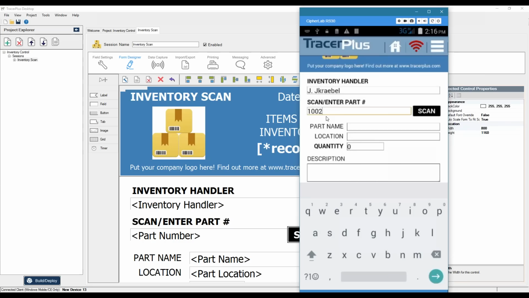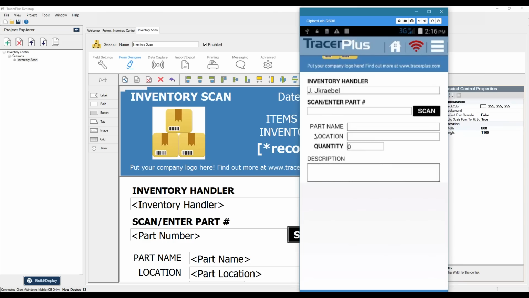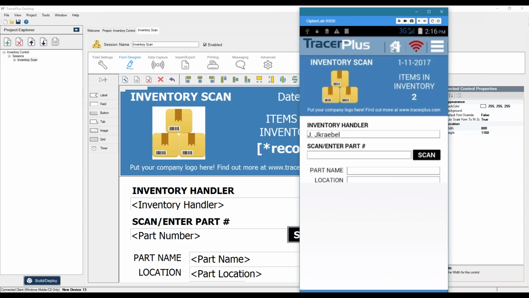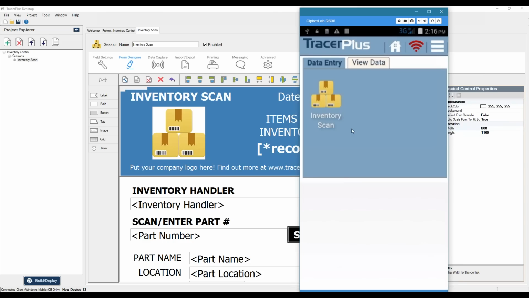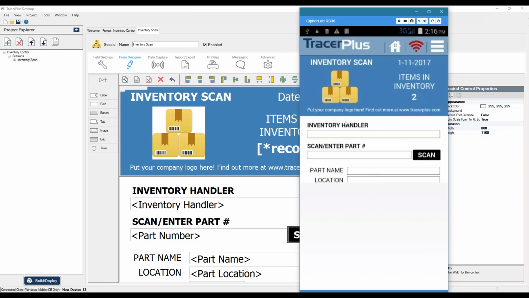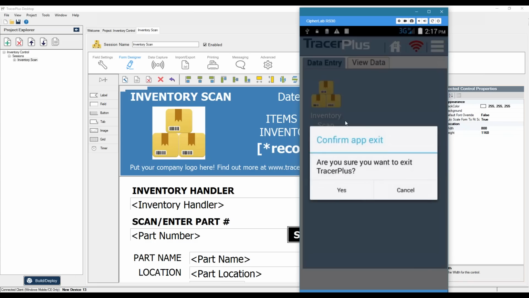And if we scan a different part number, nothing's going to be looked up, so we can enter a new item. Part name is item 2. Say this is in warehouse B, and we'll say a quantity of 50. So now you can proceed to scan all of your items. So if I go ahead and go back here,